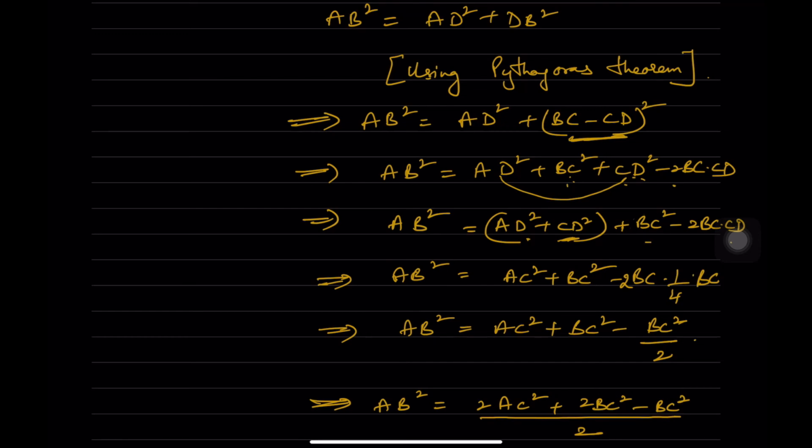Which implies AB square is equal to AC square plus BC square minus 2BC into 1 by 4 BC. Now AD square plus CD square is equal to AC square